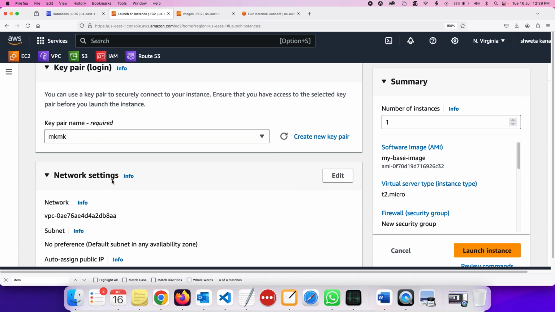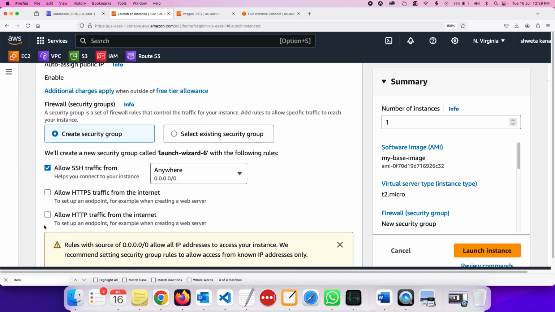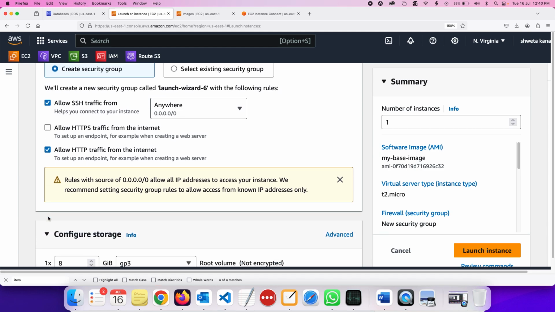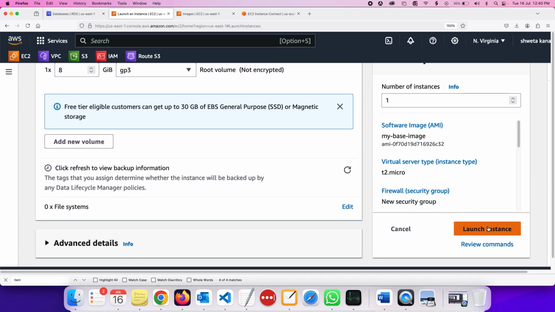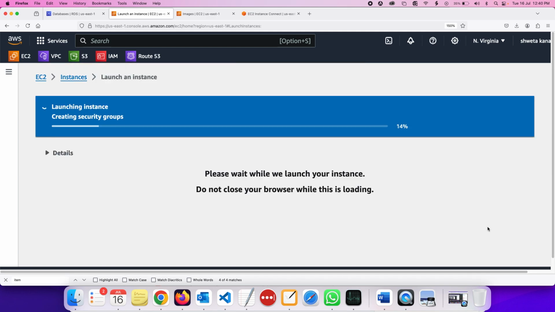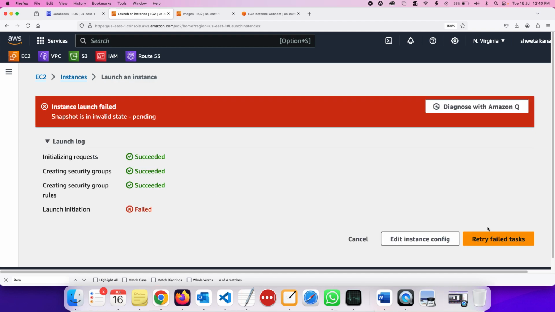Any key pair you select. I'm allowing HTTP traffic. Why for this image? Because we already installed HTTP inside it, so I want to allow that traffic by default. So now I'm launching the instance. Now this image is going to be a